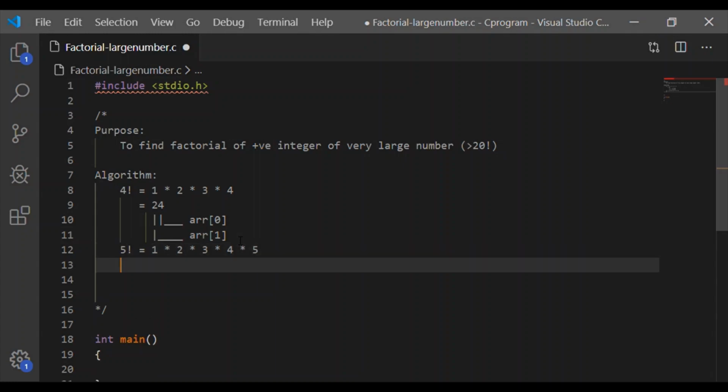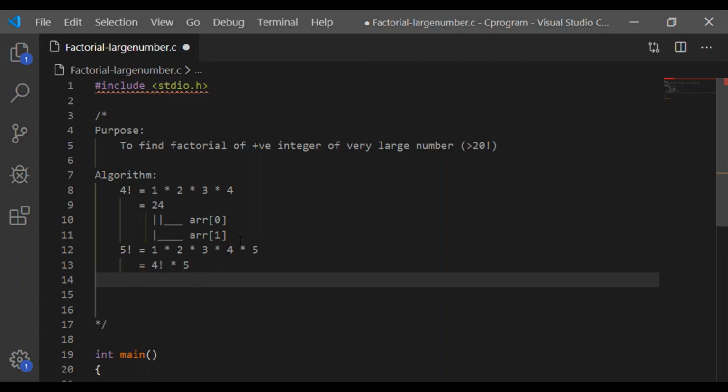Factorial of 5 is nothing but 1 multiplied by 2 until 5, which is equal to 4 factorial multiplied by 5. Here we will assume that factorial of 4 is already there in the array, and let us understand the steps to multiply 5 to the array elements.